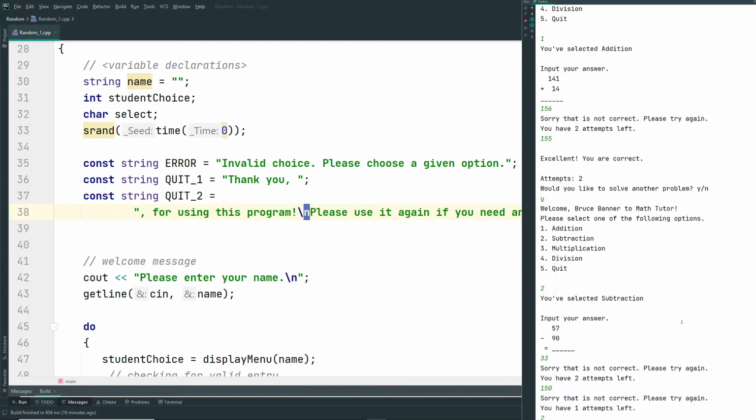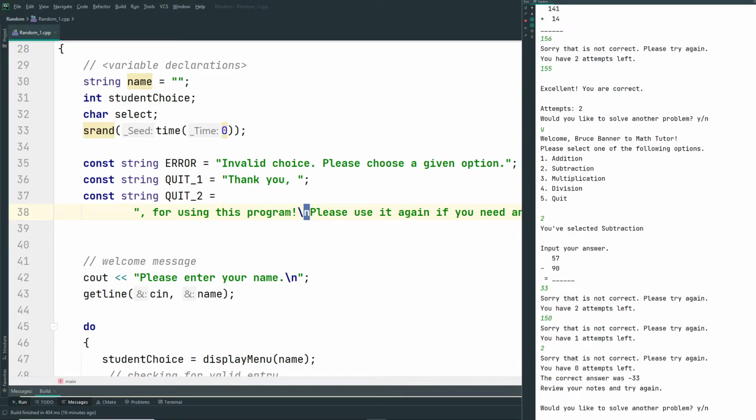Say I just put 2. Boom. Sorry, that is not correct. Please try again. You have 0 attempts left. The correct answer was negative 33, which is exactly what we knew it was going to be. But review your notes and try again. Would you like to solve another problem? Alright, let's go ahead and try